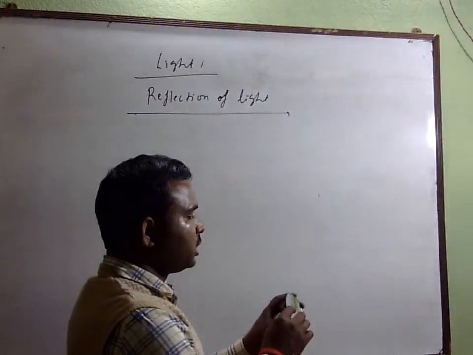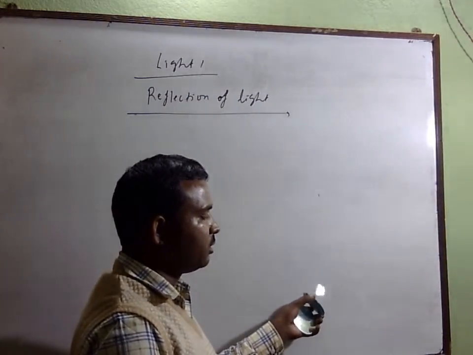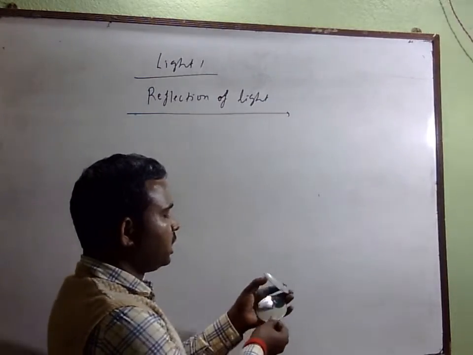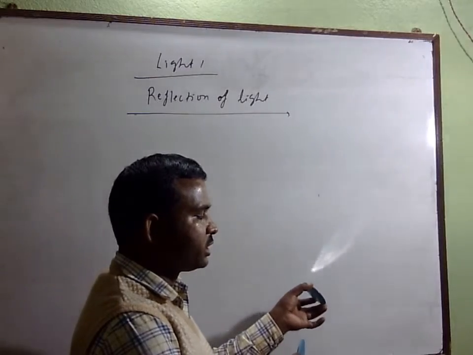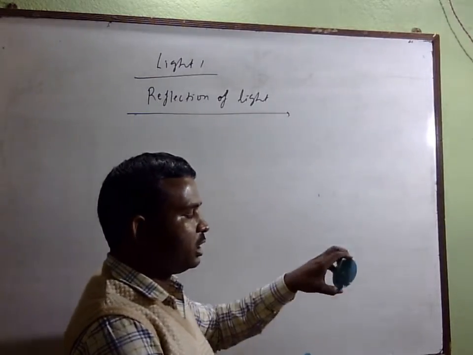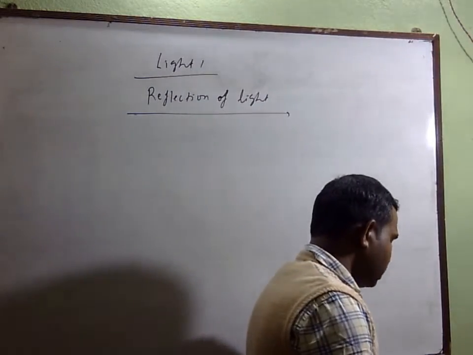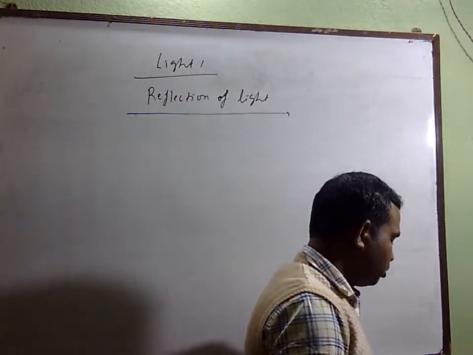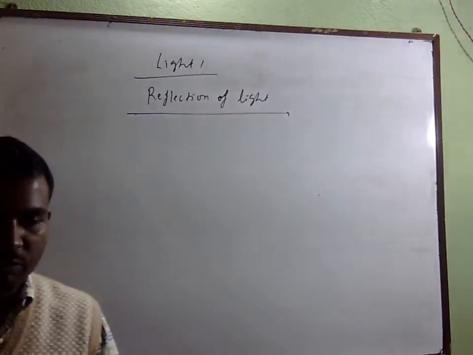Okay, one is the concave, next is the convex, that you can see. This is the mirrors I have, both concave and convex. I will discuss this one, and how the image can be formed. But basically I am showing you the bouncing back of light. Bouncing means that whenever the light falls on the reflecting surface, it can bounce in the same medium.